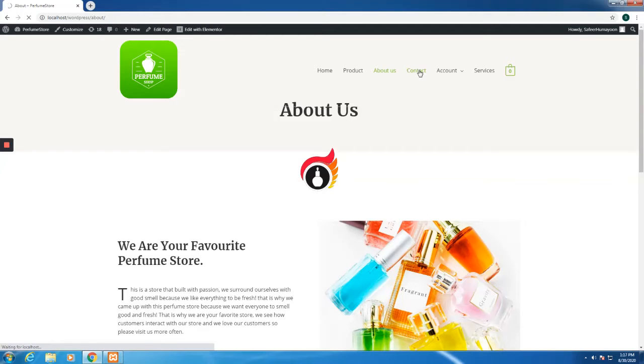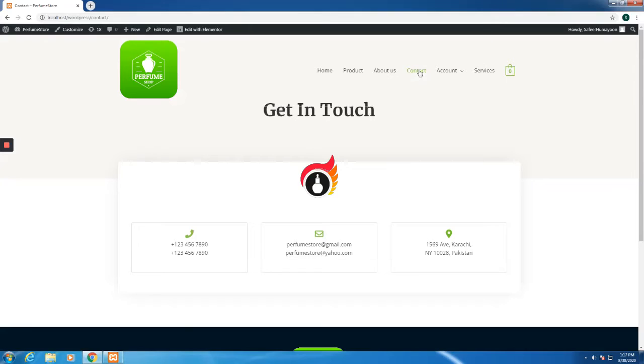Contact section is full of contact information. The email, the address and the phone number of the admin is given here, so that if the customers would have any queries about the products that are in the website, then they can get in touch with the admin from here. And now onto the product section, we have the products lined up, and if the customer would want to browse through various products, then he could do so with the product section.